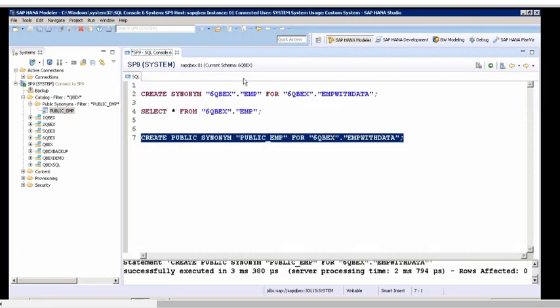The question is, why should I create this? Why do you want to create a table called EMP with data, then create a synonym with the name EMP? Why don't you create the table itself with the name EMP? Having created the table as EMP with data, you are creating a synonym with the name EMP and referring to that. Why don't you create a table itself as EMP? That's the question.